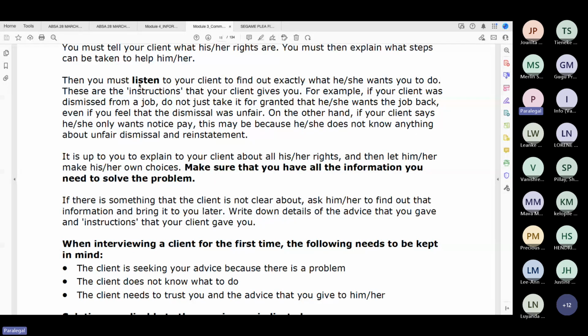The word that is there in your book, it's highlighted in black. It says, then you must listen to your client to find out exactly what he or she wants to do. You need to listen to the clients. You must not say,